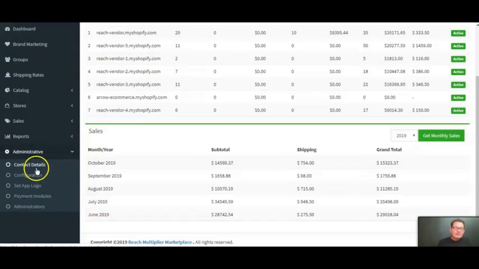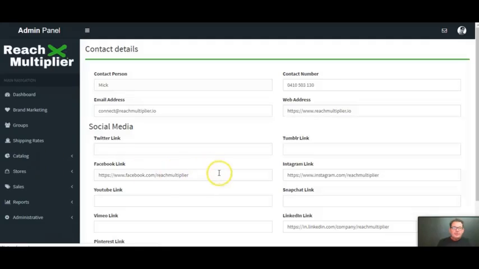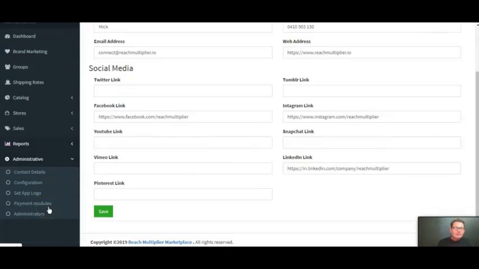Administrative, that's basically just giving you contact details. You can add all your social media links and so forth that will appear within the Shopify app. Configuration, set your app logo, so basically the logo that will show within the connected stores dashboard, and your payment modules, which is everything's done via